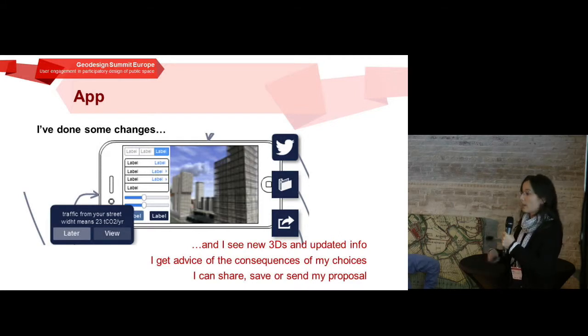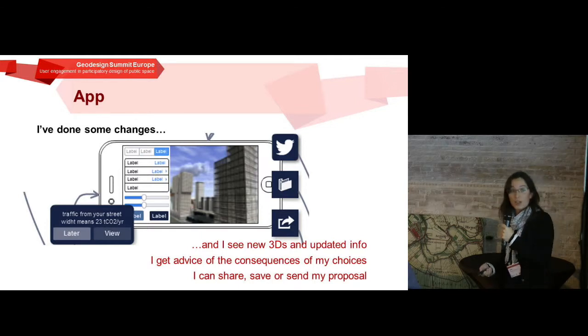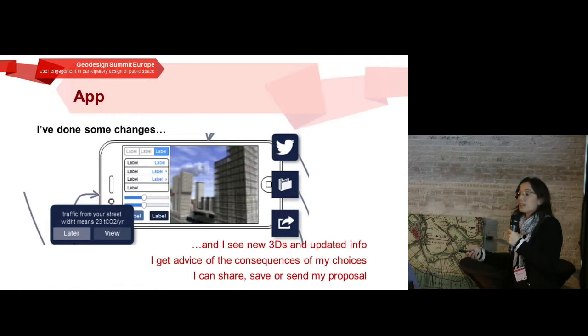So he's more aware of the things that he's doing with the urban planning. And then, of course, he can also save his edits, he could share his proposal, and he could publish it on the platform. So other users can look at it, can rate it, can write comments, whatever.